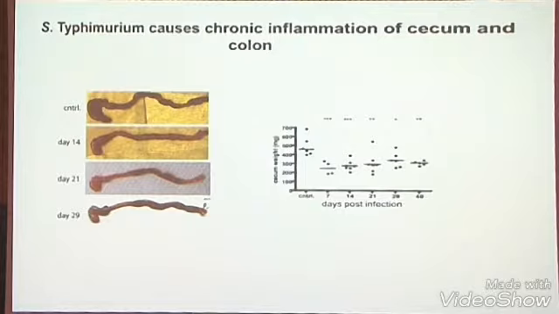So you can measure basically even just the weight of the cecum. Here's a nice normal healthy cecum. You can see these are very small and shriveled, and they have much decreased weight over time. That tells us this is sort of a chronic inflammatory type disease from the Salmonella point of view, and it lasts many, many days.